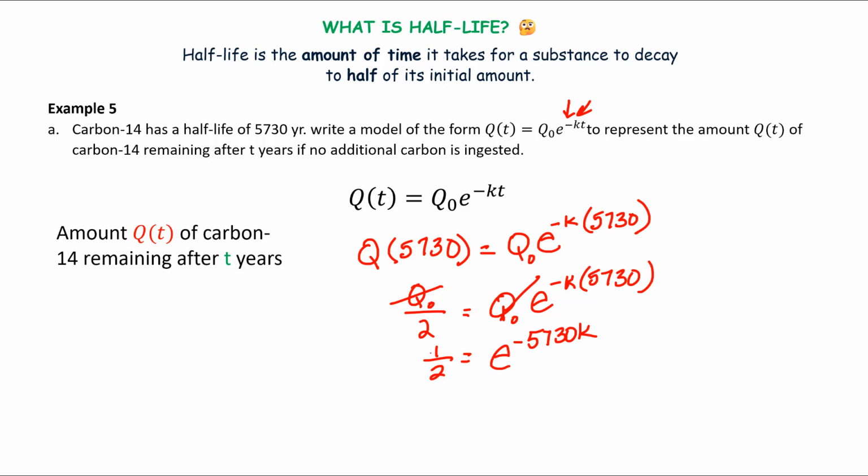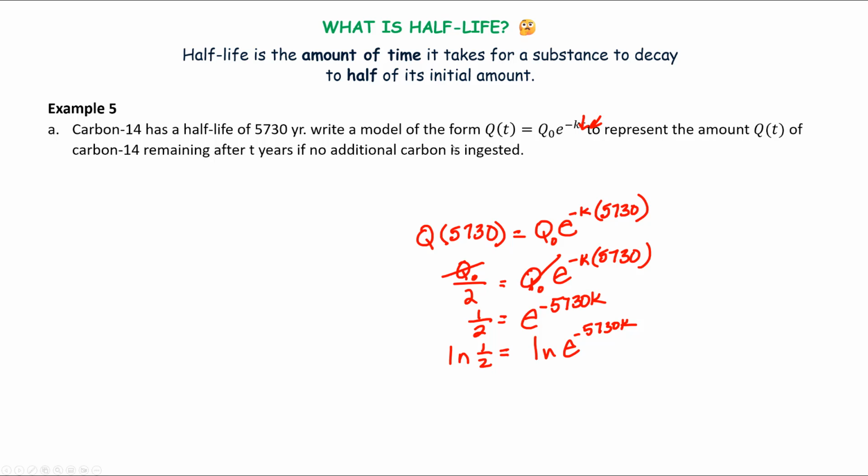5,730k. And now I take the natural log on both sides, and I will have natural log of 1/2 is equal to the natural log of e to the negative 5,730k. So now I can use the power rule to get k by itself. So natural log of 1/2 is equal to negative 5,730k natural log of e, and I know that the natural log of e is equal to 1. 1 times negative 5,730k is negative 5,730k. So I can cross that natural log out and then divide by negative 5,730